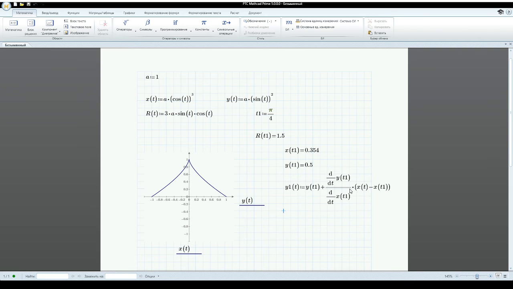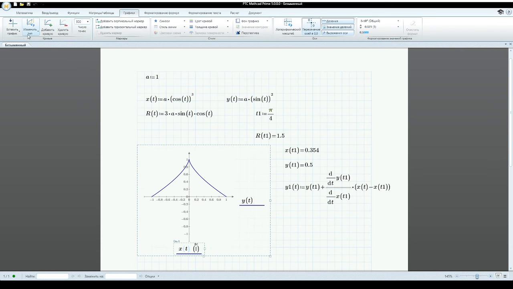Yes, it is the equation of our tangent line. Here I must add